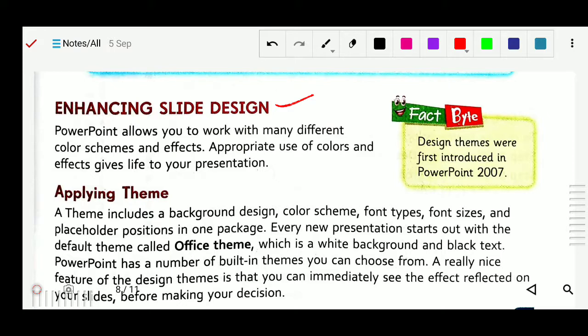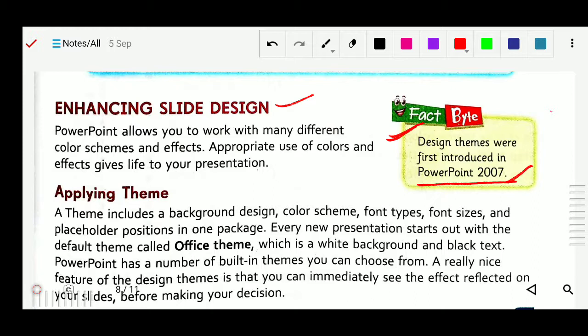Design themes were introduced first in PowerPoint 2007. So from PowerPoint 2007 we are getting this facility of enhancing slide design. PowerPoint allows you to work with many different color schemes and effects.